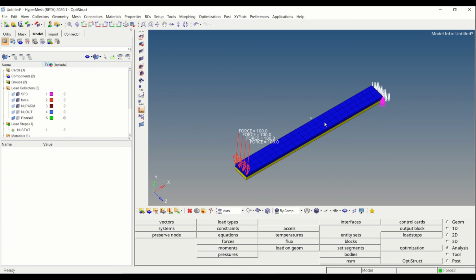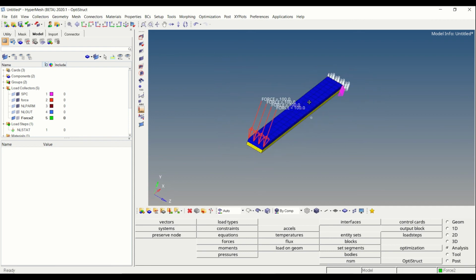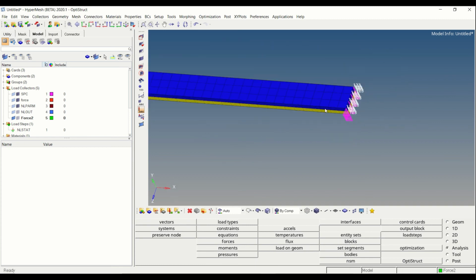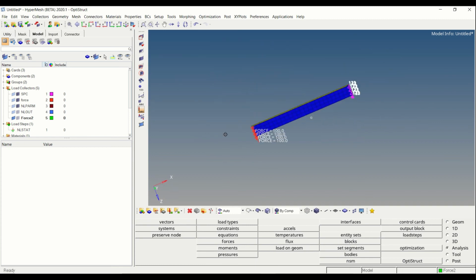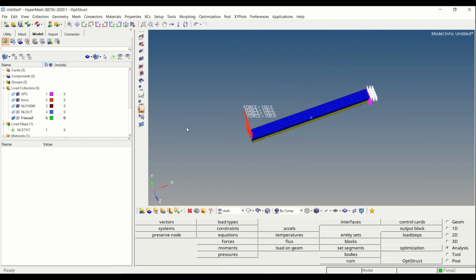For removing or adding contacts via model change, I am going to consider a simple plate sample here. There is a constraint at one end, and the load acts on the other end of this plate. So it's kind of a cantilever beam, and I have a predefined NL param card, load card and the force and all.